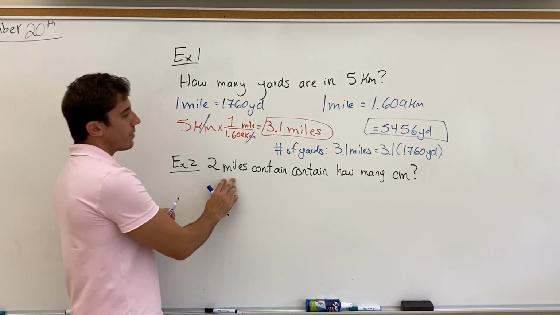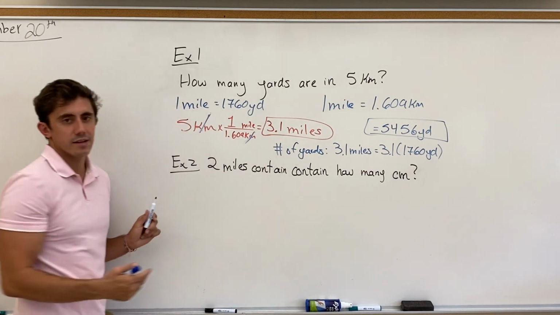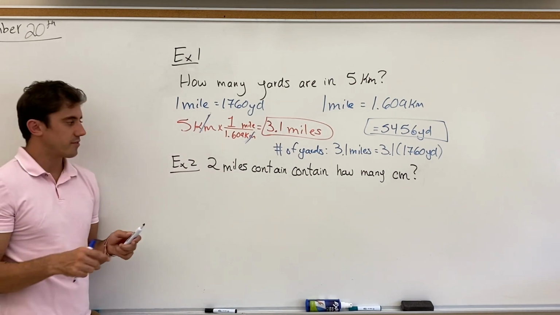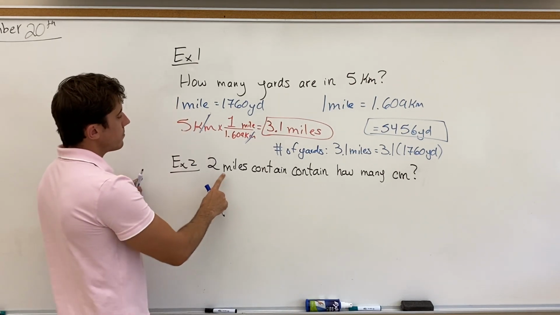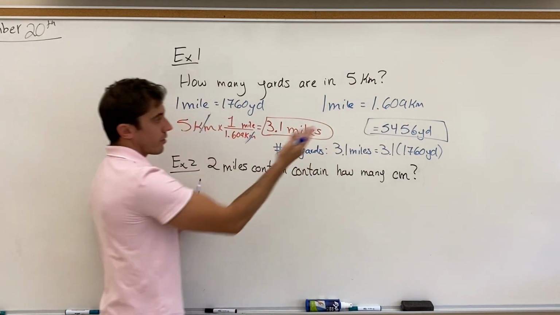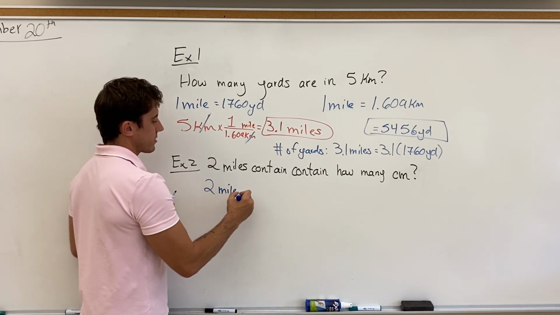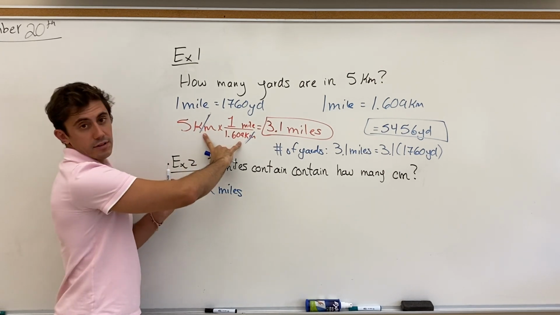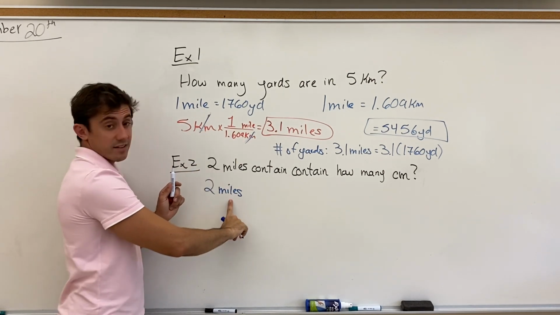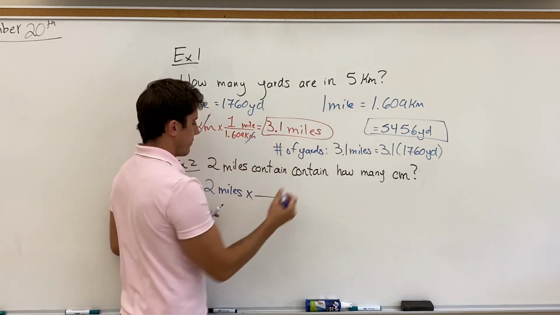Okay. Example 2, we're going to go 2 miles into centimeters. So this time we're going to go from imperial into SI units, but it's the same kind of idea. So we're going to have 2 miles. Let's start things off by converting the miles into kilometers since we've already established that conversion. Now we have miles starting us off. So analogous to how we have kilometers canceling out in our first step here, we need to have miles canceling out in our first step in example 2. And so this time we'll have 1 mile